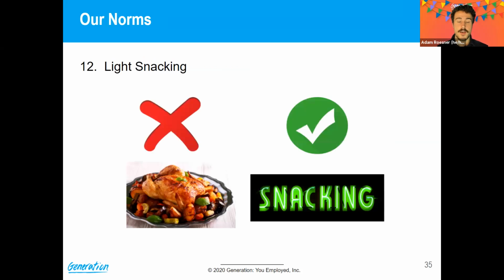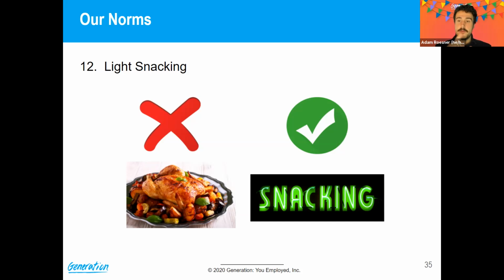Light snacking. If you are one of those souls that I mentioned earlier who's working right up until the time class starts, and you can't get dinner in before class, you may let the instructional team know, hey, I'm going to be eating my dinner, and turn your camera off and eat your dinner. As long as that doesn't take too long, that's perfectly acceptable. Otherwise, cameras on.